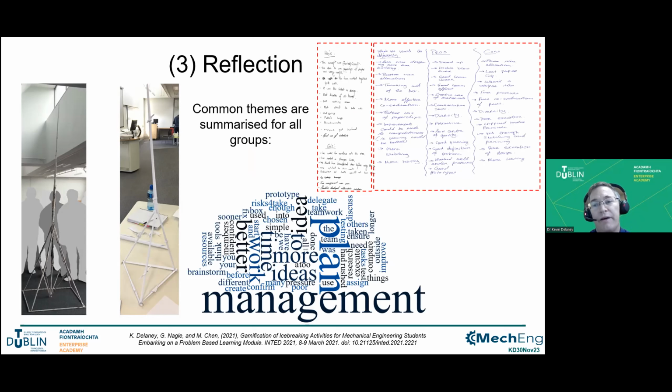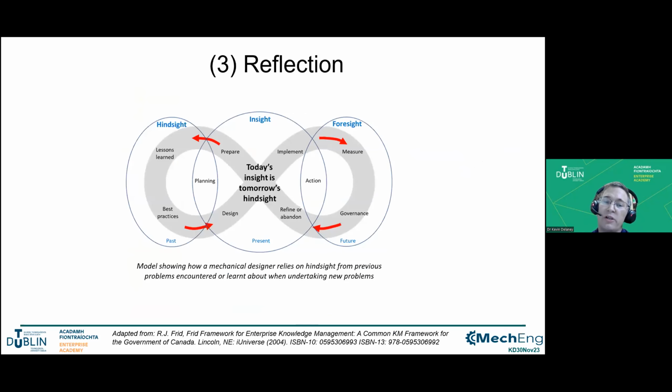How could they have done better? What could they have changed in their approach to actually ensure that the next time they face a similar situation, they wouldn't repeat the same mistake? And I suppose essentially what we're trying to do is engender within the students the idea that when you're faced with a challenge, the first thing you're going to do is look at what happened in the past. What worked successfully in the past? What can we learn from what happened in the past? And that can be positive or indeed negative connotations.